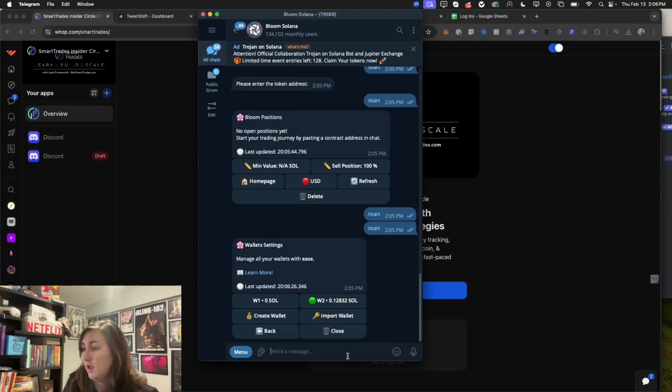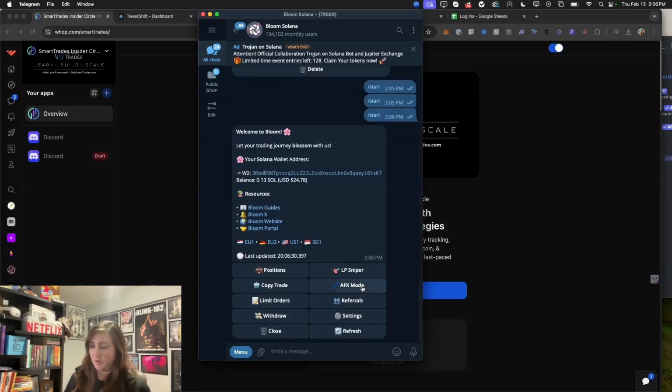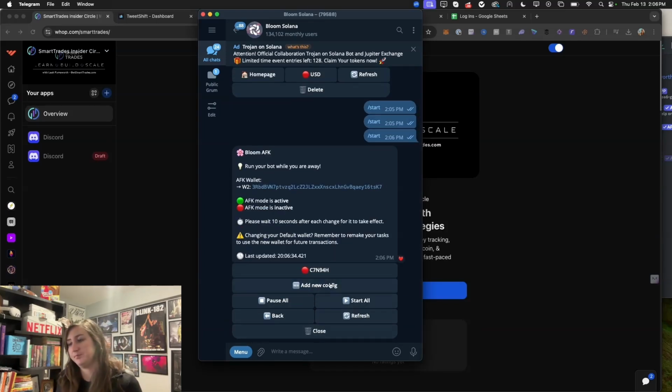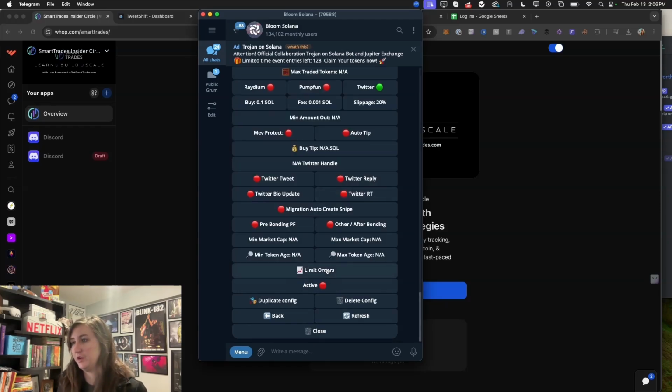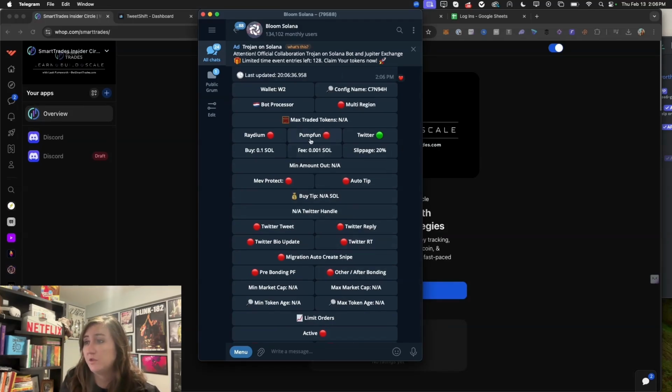So back. Close this, and then we will go to the actual sniper mode for Twitter. We can go ahead and add a new configuration. So here's the configuration, and here are a bunch of things that you can actually snipe. You can snipe on Pump Fun, you can snipe Twitter, you can snipe on Raydium. Here is your buy, how much SOL you want to buy of that, whatever you want to set there,